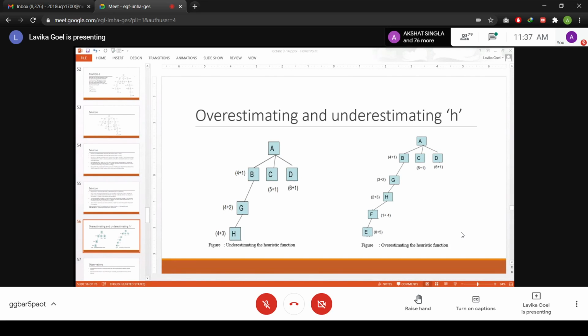Okay, so now when we choose this B and generate its child as G, G is also 4 moves away from the goal state. Why? Because actually we are not moving towards the goal state. It is not the solution which we were assuming. We assumed that B is a good solution and we gave its heuristic value as 4. But it was actually not a good solution. It was not reaching.